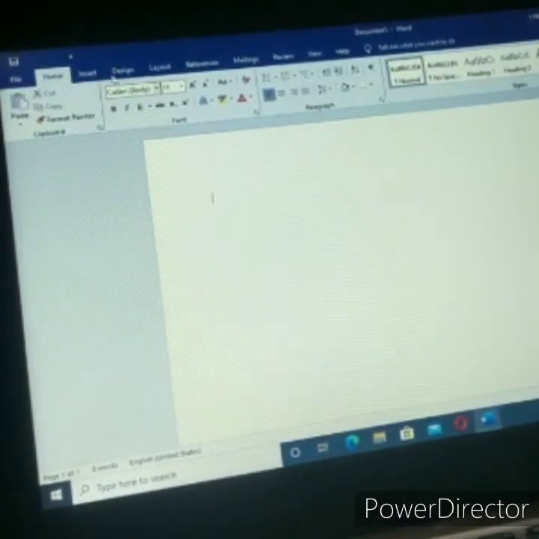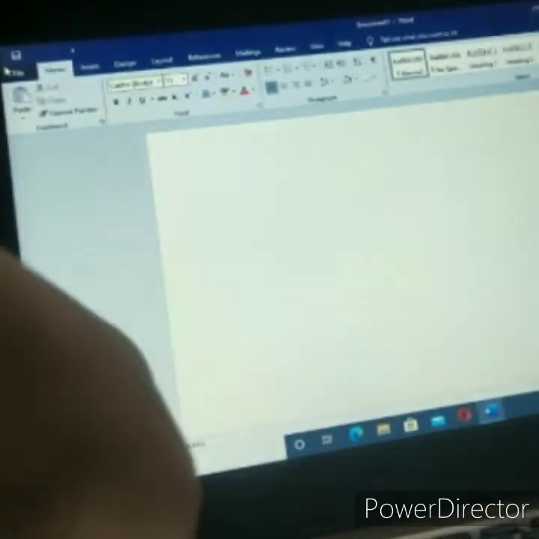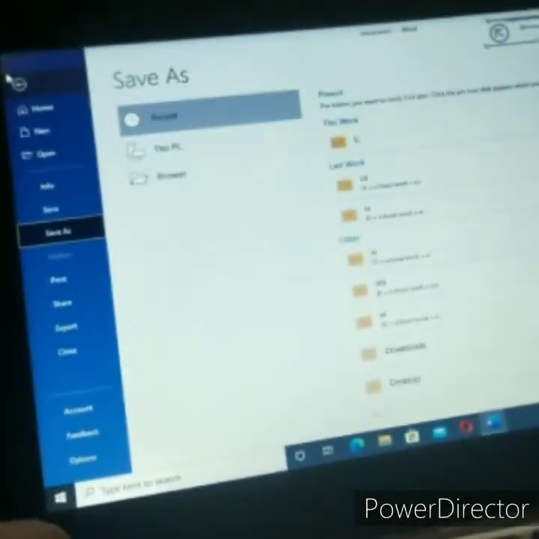Next, how to save your document. You just press Control plus S, which means it is saved.